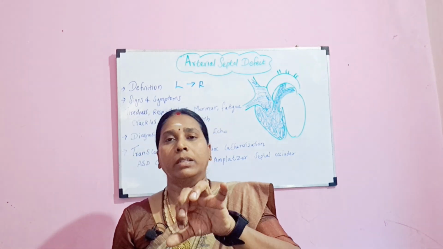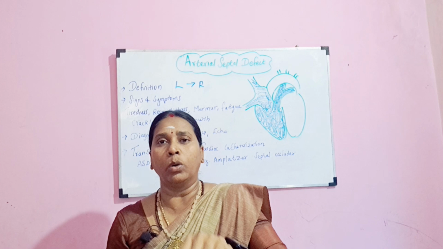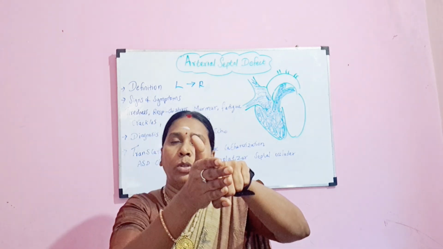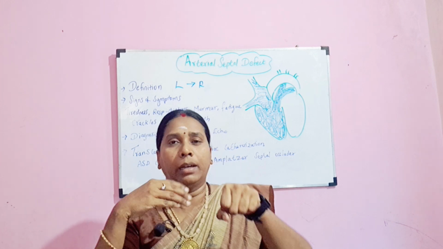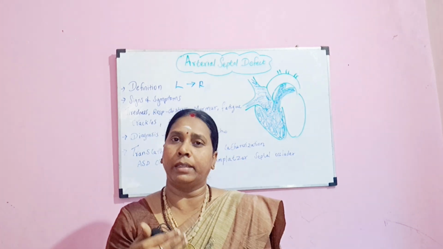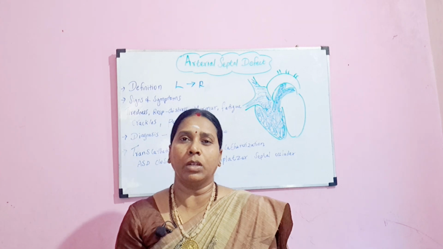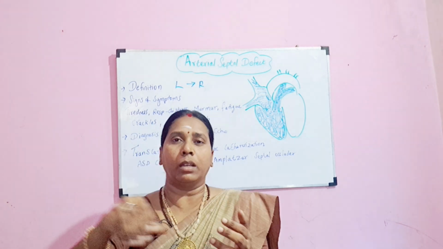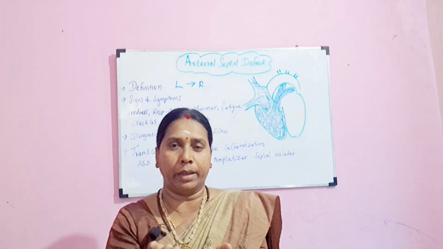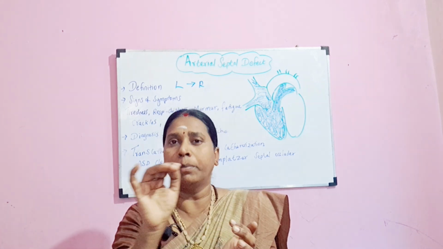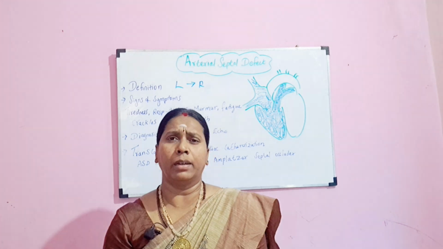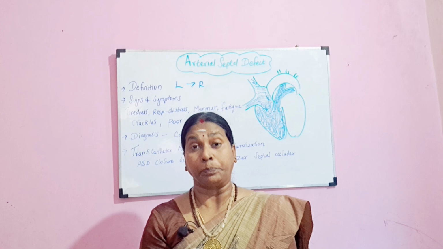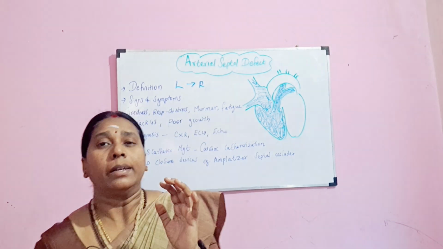So what is the purpose of this occluder? It goes and closes that hole, the opening, it shuts down that hole, so it becomes a closed area. And later, day by day the area grows, and it becomes a normal part of the body. You are going to have your blood clotting factors, it clots, and new surrounding tissue will be formed above the occluder, and in future days it becomes normal. Okay, so the same way the shunt is closed. So this is what is done in your transcatheter management.